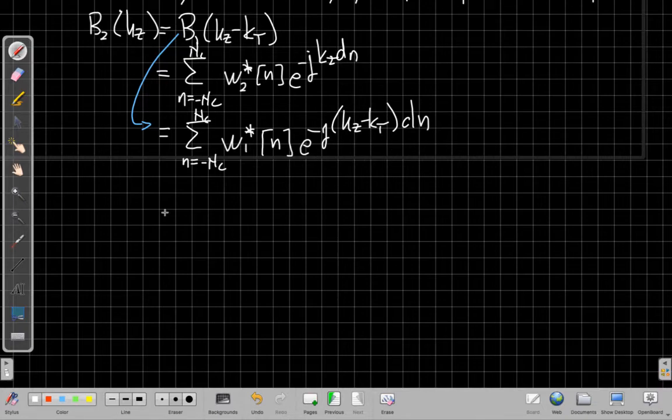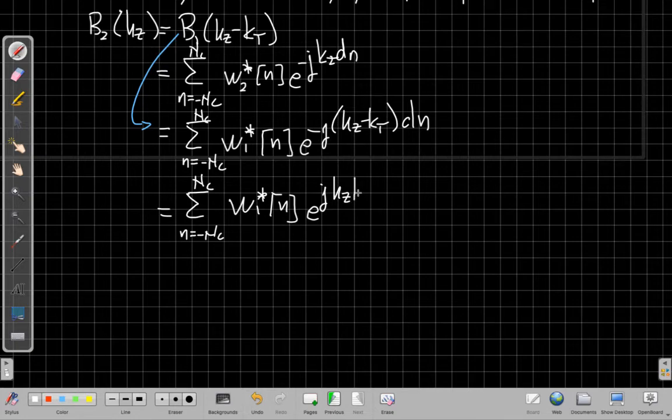And so we're going to regroup terms here, so that if we write this, we can set it equal to W2. Using the property of the exponential, this is W1 conjugate of n, and then we're going to pull out the kt term. So we get an e to the plus j